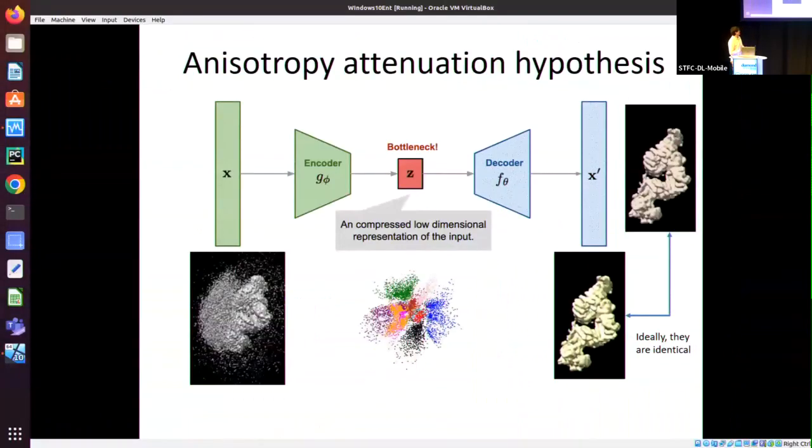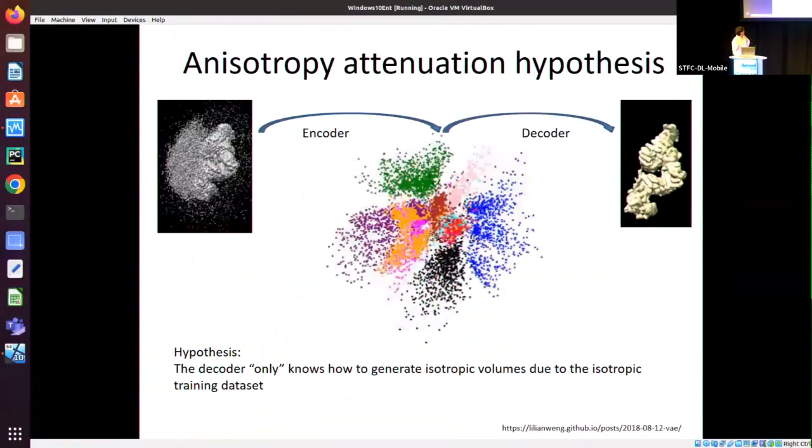The way that DeepEMhancer works, well, it's a U-Net, but conceptually you also have a sort of encoder, then you have a latent space representation, and from the latent space representation you basically sample the output. And if you think carefully, when we train DeepEMhancer, we only use high quality maps. So when the DeepEMhancer that has only been trained on high quality maps is presented an anisotropic map, well, the encoder